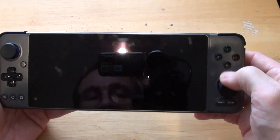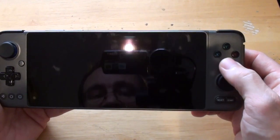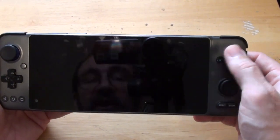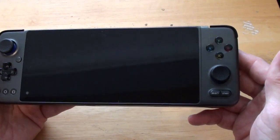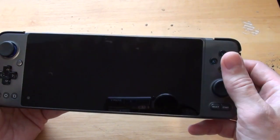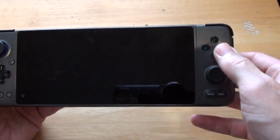More people have said how they don't like how close this stick is to them because their thumbs touch it. I don't have a problem with either aspect, but that's just me. Other people will... I think I've got small hands. No, I know I've got small hands. But anyway,